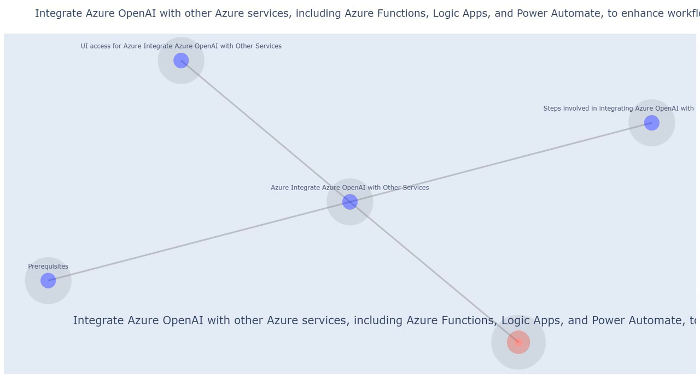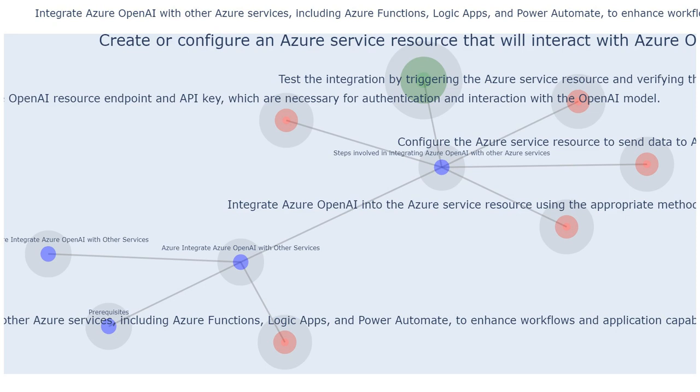Steps involved in integrating Azure OpenAI with other Azure services. The first step involves creating or configuring an Azure service resource that will interact with Azure OpenAI. This resource serves as the bridge between the Azure OpenAI model and other Azure services. For example, a developer might create an Azure function to handle requests from other applications and forward them to Azure OpenAI for processing. Alternatively, a Logic app can be configured to trigger an Azure OpenAI model based on specific events